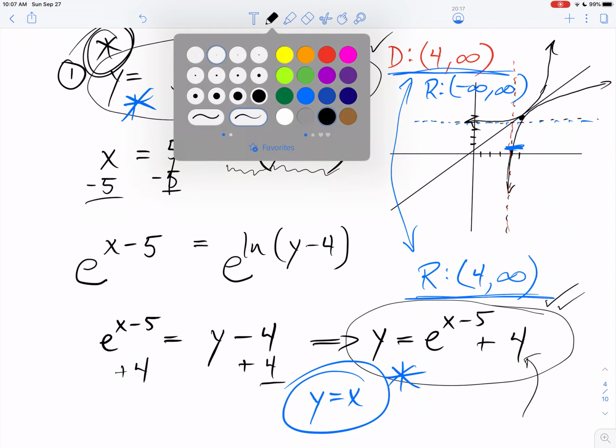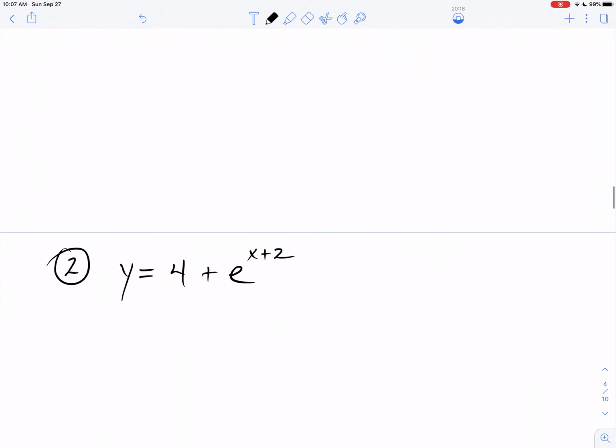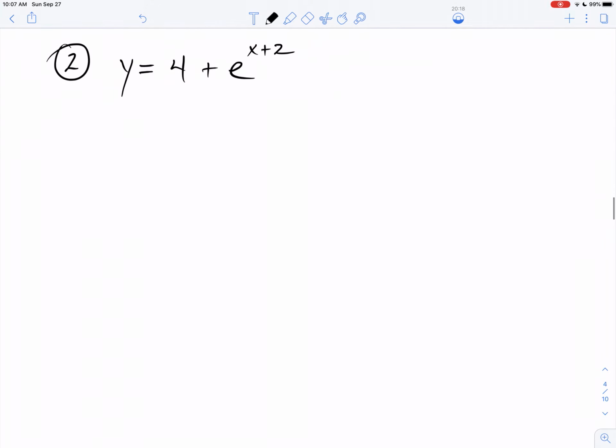All right, I'm going to grab a black pen and go down to example 2 here. So here's my second example. Now, I'm going to start you off with an exponential. Guess what? Your answer will be a log. When you start with an exponential, the inverse is going to be a log because they are inverses of each other. So, once again, I'm just going to call this thing x equals 4 plus e to the y plus 2. And then I'm going to move the 4,